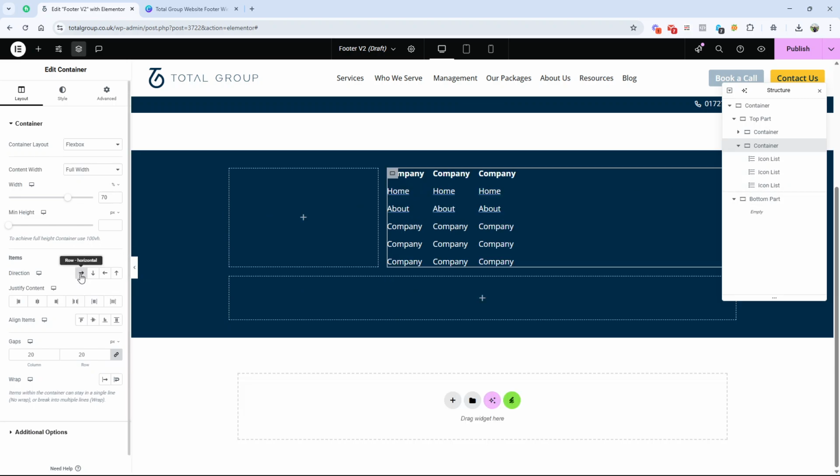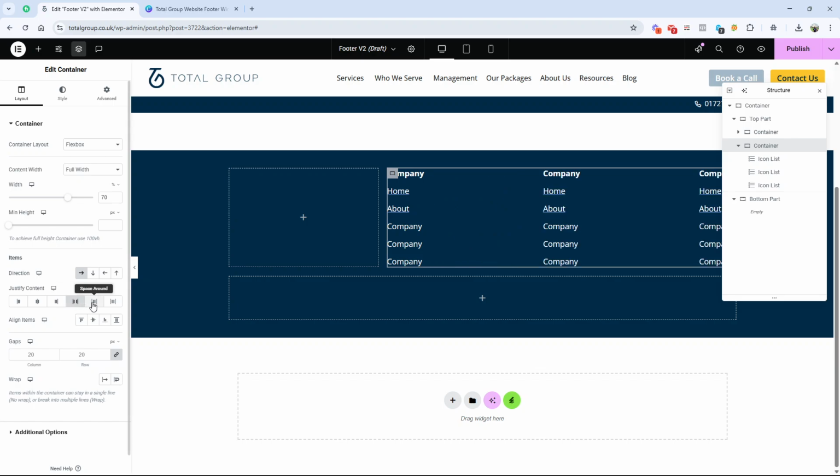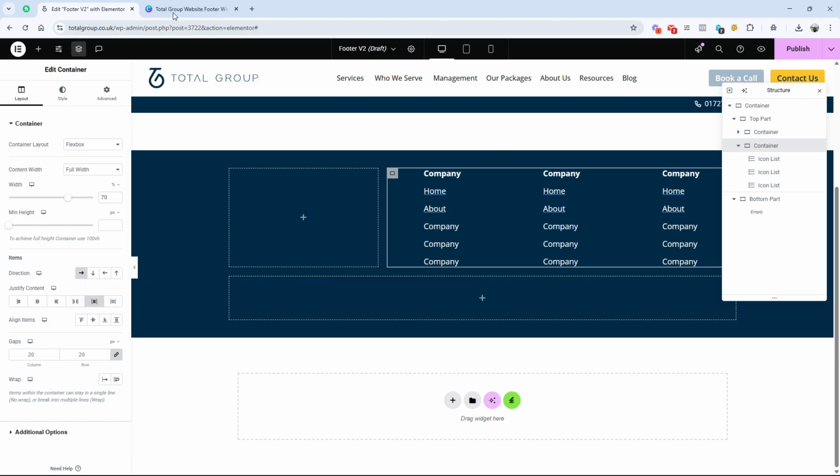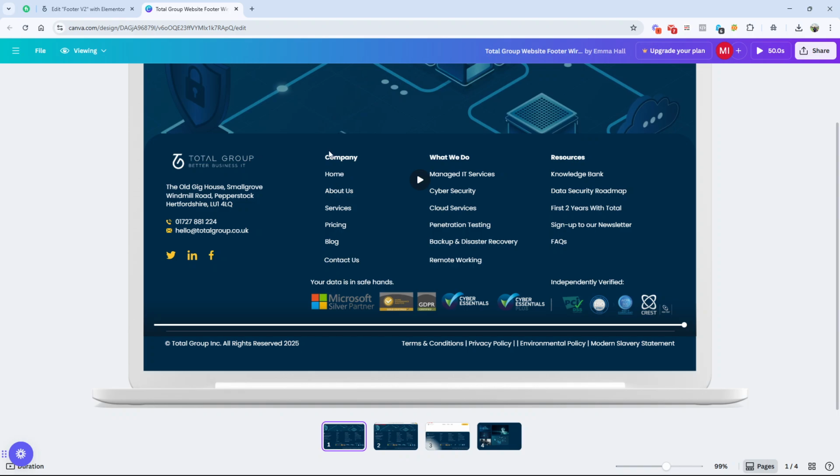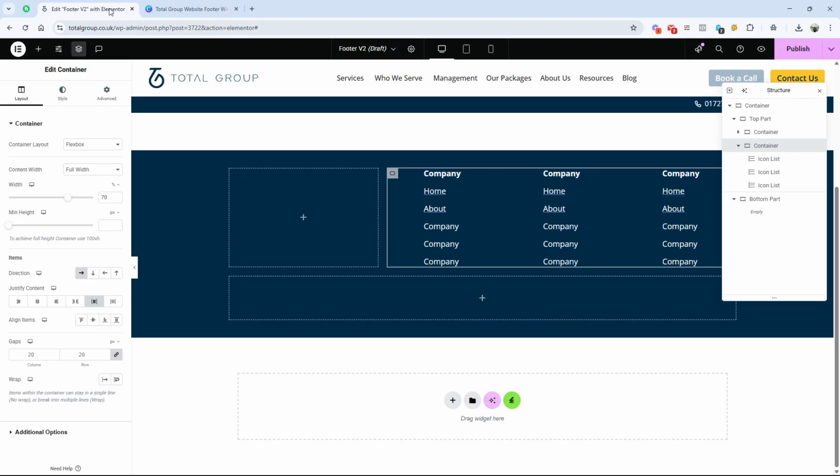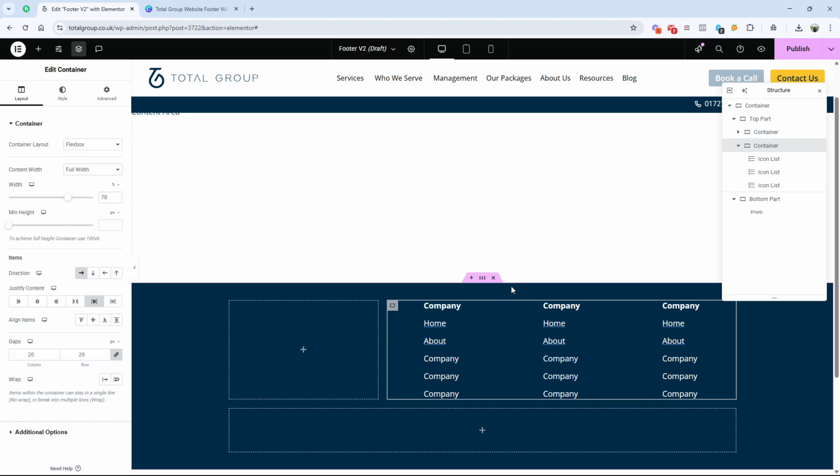change the direction to row. Okay, and justify content to maybe space between or space around, whatever looks good. So what they did here, probably they used... look, the left column is not the same as this one. So in this case we can use justify content set to space around here, and then for